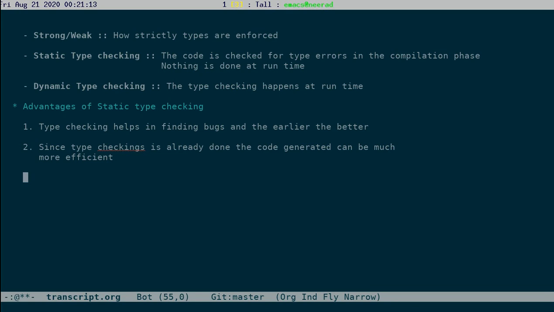But the fact is SML has type inference that avoids that.